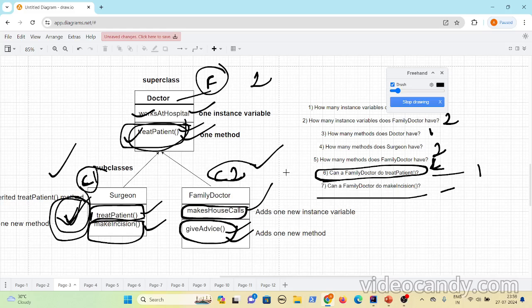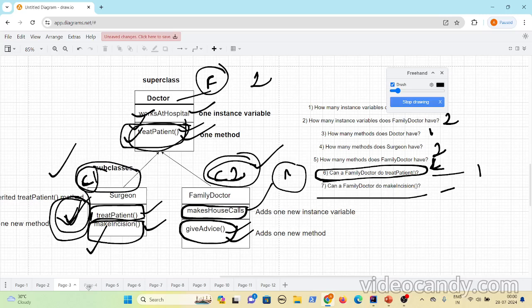And let's say child 2 bought some other property, and only child 2 has the right to use that property. But if it's the father's property, then it can be used by both child 1 and child 2. The same thing is here. Whatever methods are present here can be used by both and can be overridden as well. But if there is any specific method present in child 1, it can't be used by child 2, because that is present only in child 1.